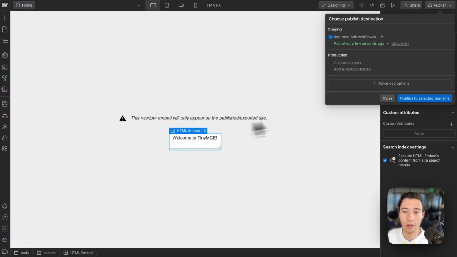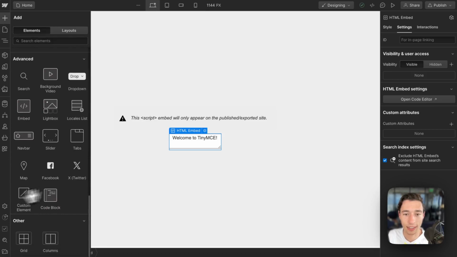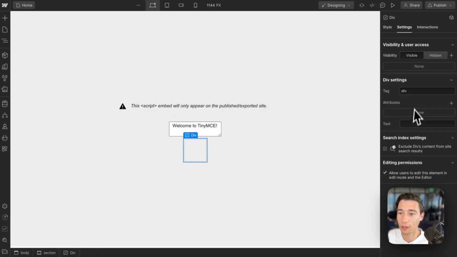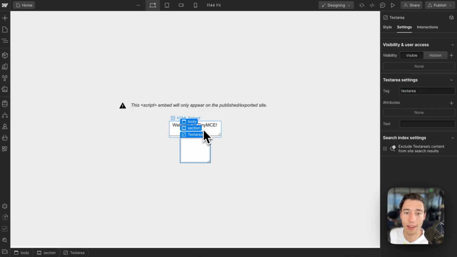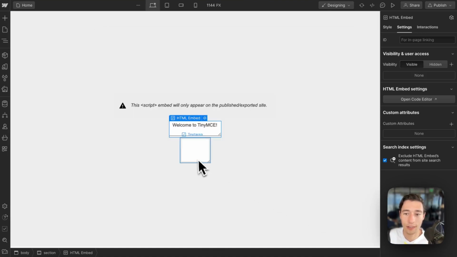So now, if I take the custom element, which is not so custom, I'm going to copy the text area, and I'm going to have this as a text area, and I'm going to take the ID, and I'm going to call this tiny,